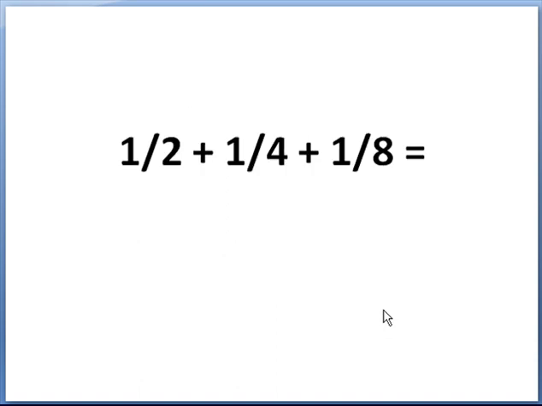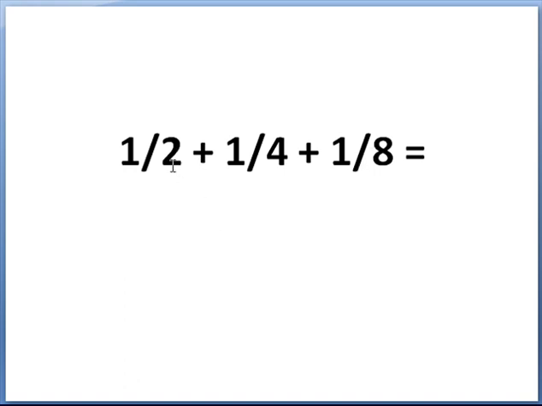Alright, let's take a look at 1/2 plus 1/4 plus 1/8. The denominators are not the same. So, what do I do? Well, I have to turn them into the least common denominator, and in this case I might recognize that 8 seems to be the least common denominator, the smallest number that they will all fit into, and that is 4 will go into 8 2 times, so this would become 2/8, and 2 will go into 8